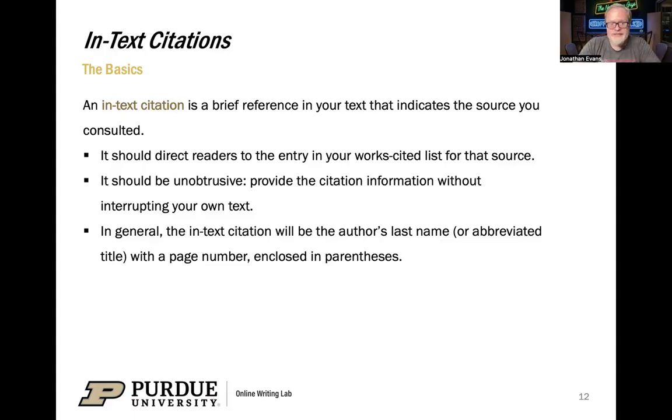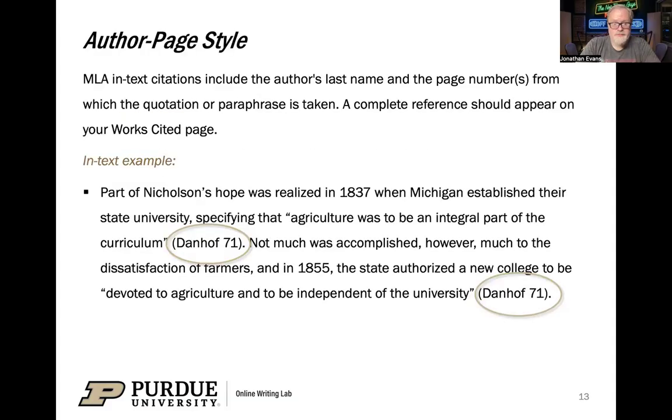And in general, the in-text citation will typically be an author's last name or an abbreviated title, with a page number if there is one, enclosed in parentheses. So let's look at some examples. Let's look at this one here. Part of Nicholson's hope was realized in 1837 when Michigan established their state university, specifying that,